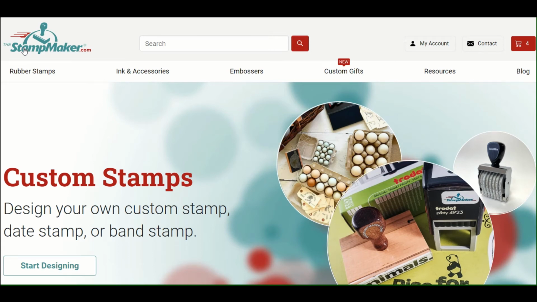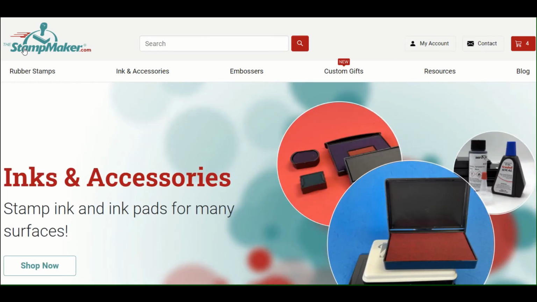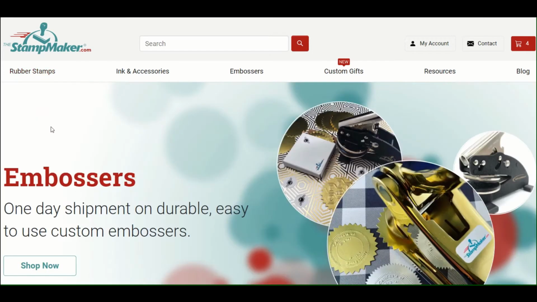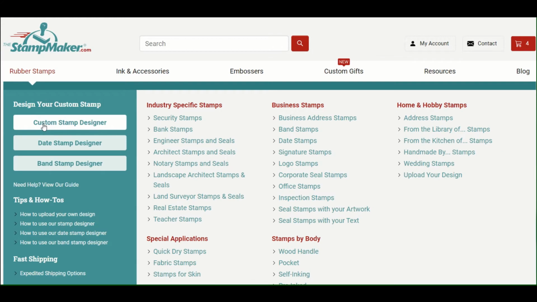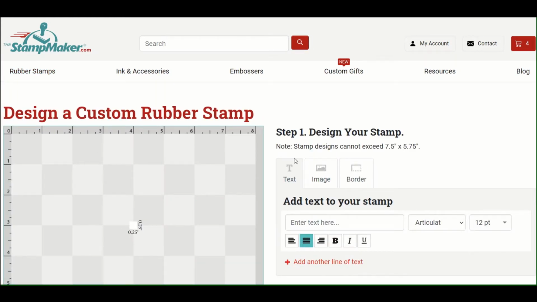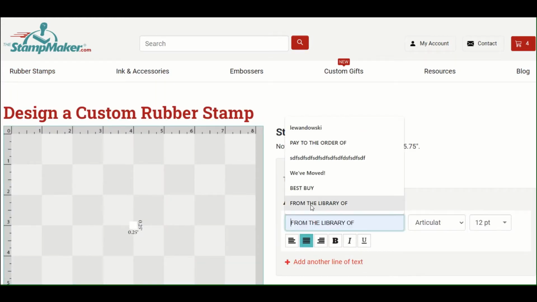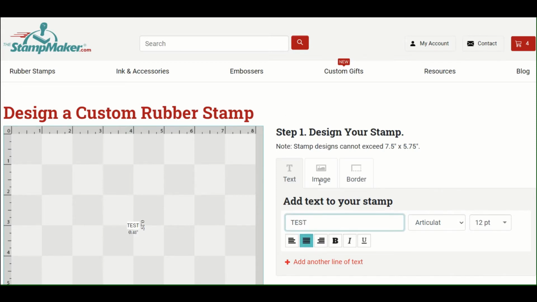You can easily make your custom stamp using our stamp designer. Simply hover over the word Rubber Stamps and click on Custom Stamp Designer. On the right-hand side, you can type your custom text, choose your font,